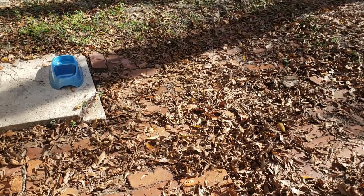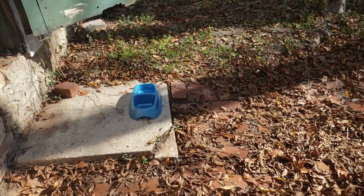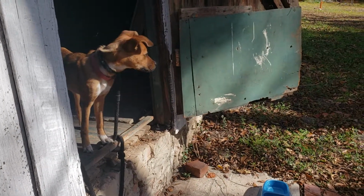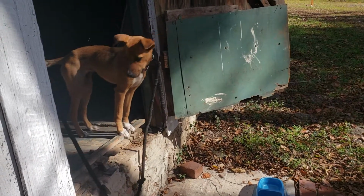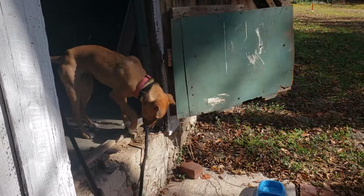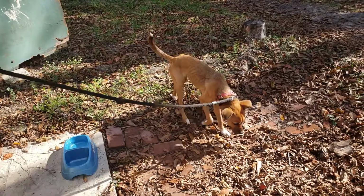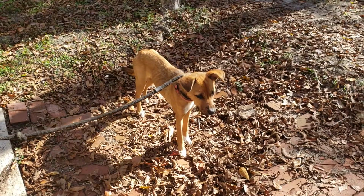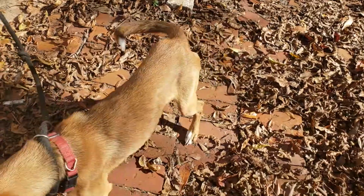We do not give her worm medicine, worm drugs, because every drug has side effects. So what we give her to prevent worms, I put fennel seeds in her food a couple times a week, and I crush clove buds and put cloves in her food also a couple times a week. Also, I put raw organic apple cider vinegar in her food a couple times a week. I put the oils, coconut oil, etc., in her food, and